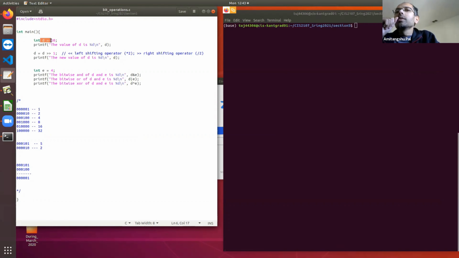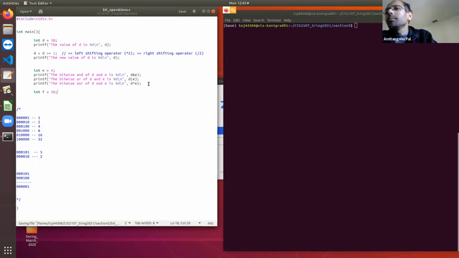So I'm going to write a program that takes an integer in decimal format and prints it in binary format. Let's initialize an integer, f equal to say 10. What is the binary representation of 10? Can anyone tell me quickly? It is 1010.